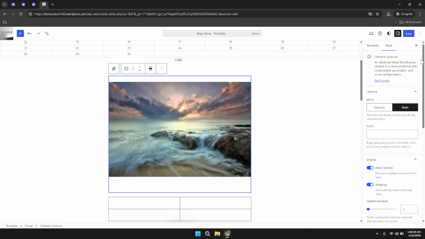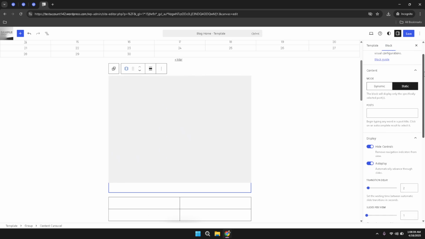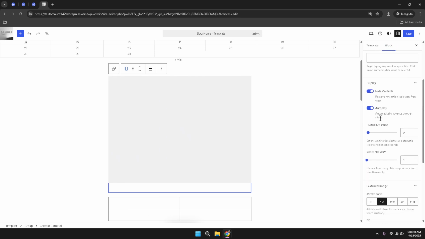This is where you have the flexibility to adjust how long each image or slide remains visible before transitioning to the next. Carefully moving your cursor to the transition delay control, you can now modify the timing to best suit your website's needs. Adjusting the transition delay will change the pace of the carousel's sliding effect, allowing you to customize